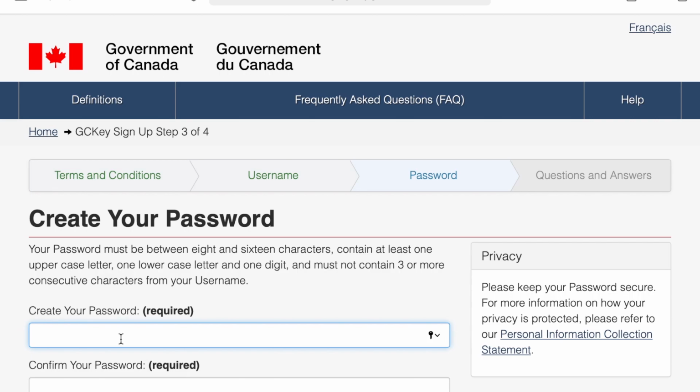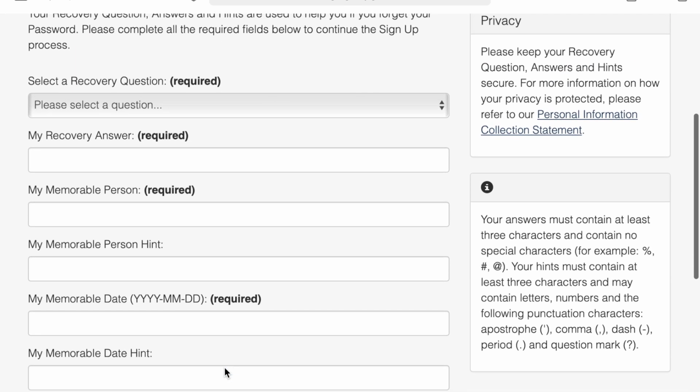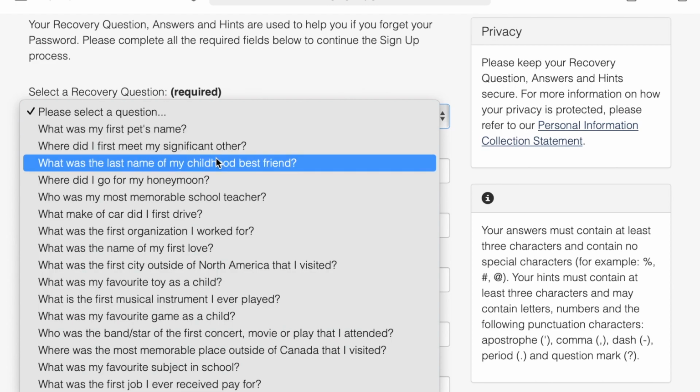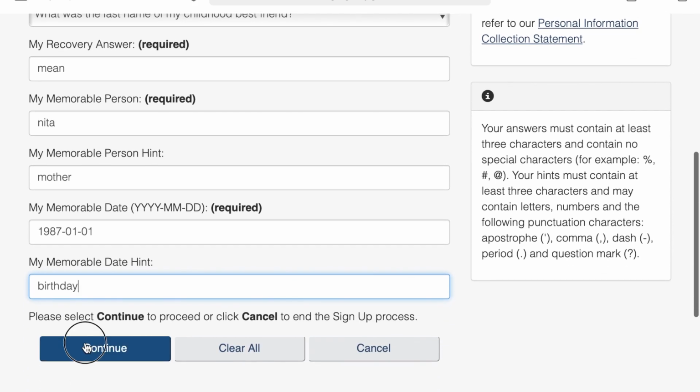Now here we have to create our password. Now we have to select some recovery questions. Then continue.